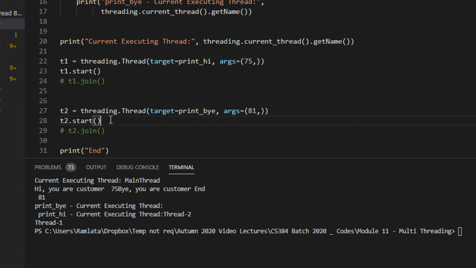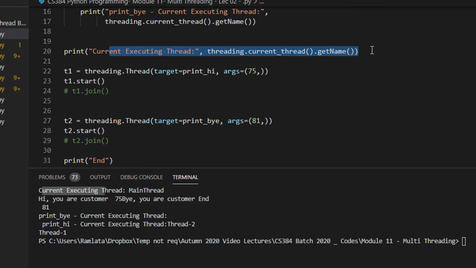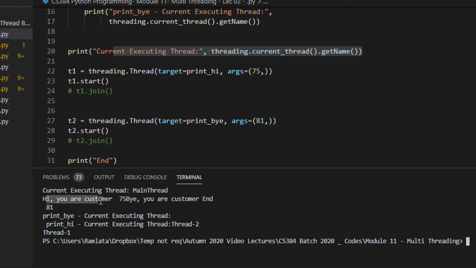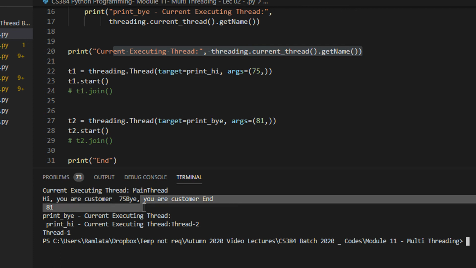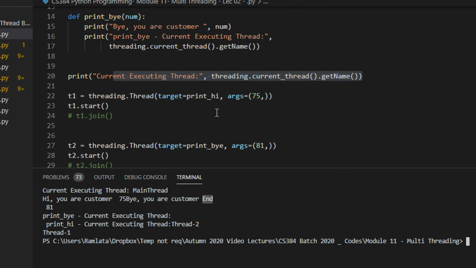A thread, as I said, is a lightweight process, and it executes independently. Now you see the current execution is the main thread, obviously, because the program begins here. Now it says, hi, you are customer number 75, bye, your customer number, and then you can see this end. There is a lot of mismatch.